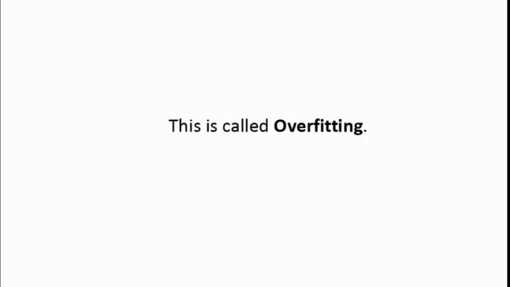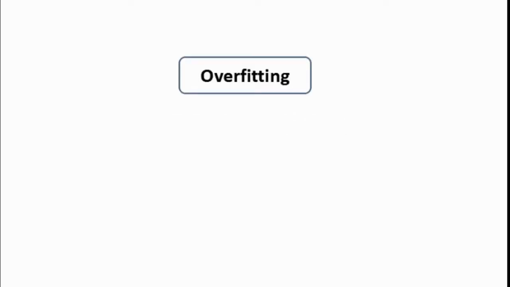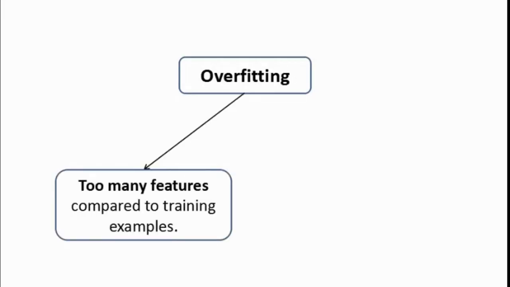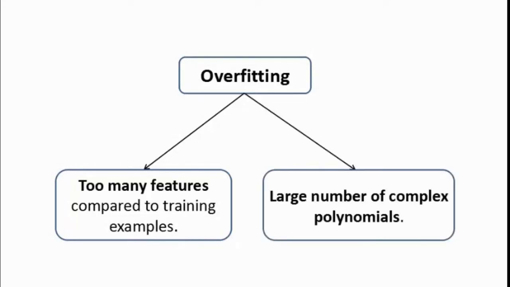This problem is called overfitting, when your model fails to generalize and gets trapped to the noise in the data. There are mainly two reasons for overfitting. Either you have too many features compared to the training data, like you have 50 example houses, but 40 different features of the house, like its size, number of bedrooms, parking space, which tiles are used in it, etc. Or you have large number of complex polynomials, like what Chatur did. Either way, your model can overfit the data and will fail to generalize a true relationship between features and target.